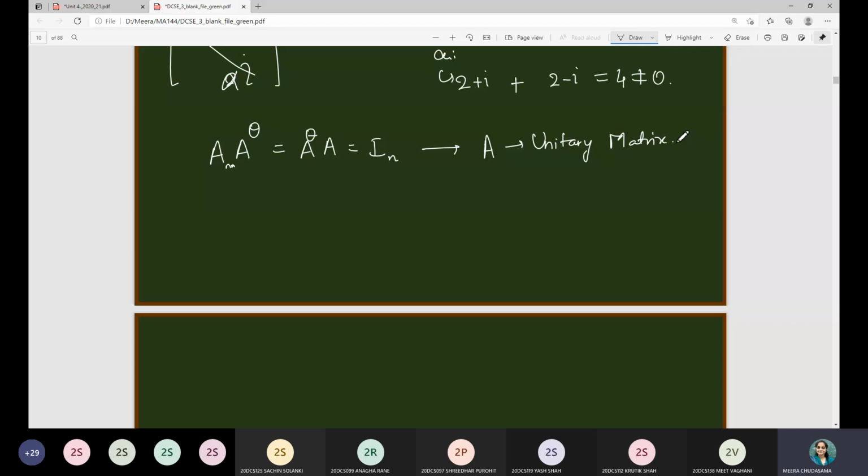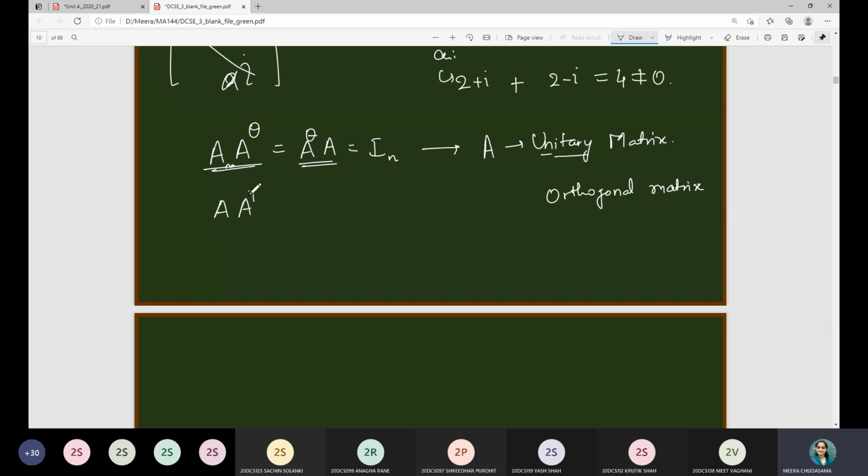In this unit, we are not going to use this kind of notion, unitary matrix, and another one, orthogonal matrix, but we are considering these special matrices because they are frequently asked in the GATE examination if you see the previous year's papers. So that's why we have considered these special types of matrices. Whenever A into A theta or A theta into A gives you the identity matrix, then that given matrix is called a unitary matrix.